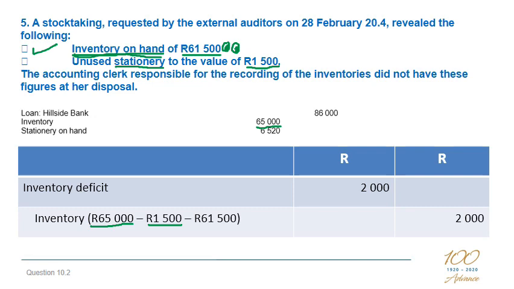So this will give me an amount of 63,500. But my inventory that I saw with my eyes, my actual stock take, is only 61,500. So to change theoretical of 63.5 to 61.5, I need to deduct 2,000 Rand, with a corresponding debit in the inventory deficit account. The inventory deficit account is an expense account, so I will have to adjust my statement of profit or